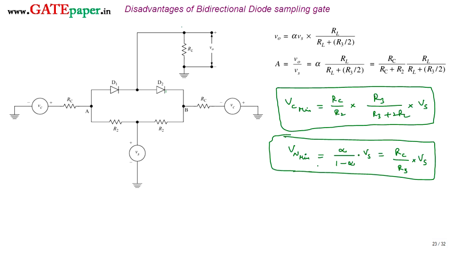So now we will discuss the disadvantage of bidirectional diode sampling gates. We have calculated 3 parameters. First one is gain, the other one is the minimum control voltage to be applied to make the diodes forward bias, and the minimum control voltage to be applied to keep the diodes reverse bias. All these things we have done with the assumption that the control voltages are going to be exactly opposite of each other. So at the instant whenever it is changing from,